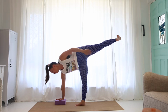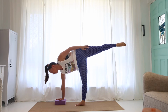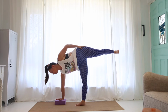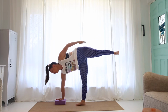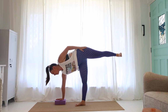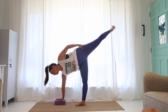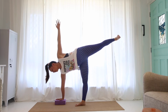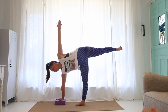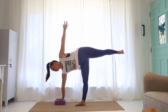And then remembering to keep this leg nice and strong. So the foot is flexed. It's not pointed, it's flat. And it's pulling and kicking up. Sometimes we also find it hard to kick up because our hips are not really open enough for it to kick up, so it just goes out to the side. So making sure that your hip is open. When it is open, then you can pull the leg up. And then the left arm is also pulling up. So essentially you're trying to pull this hand off eventually. But essentially grip the